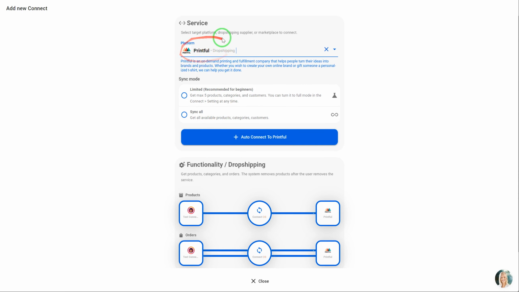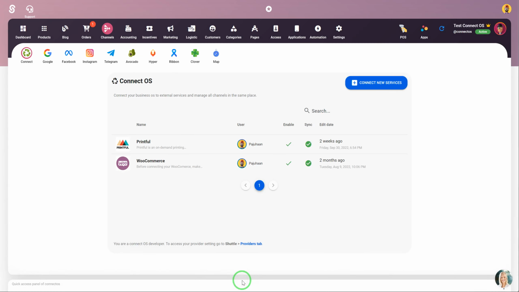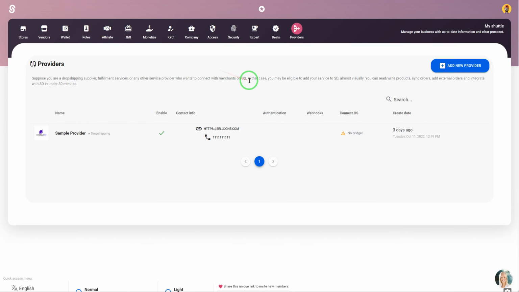So if I am a dropshipping supplier or any third-party service that provides this kind of service, how can I connect my service to Solon? How can I provide this ability to other merchants to connect their shops to my services? So, to do that kind of work on Solon,